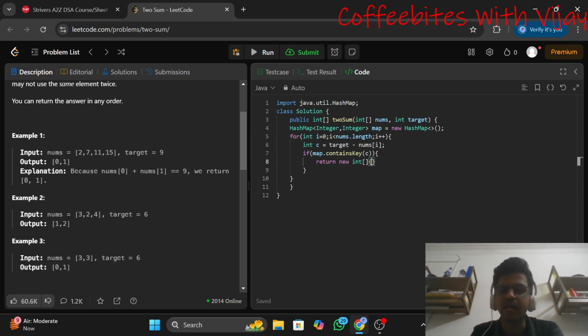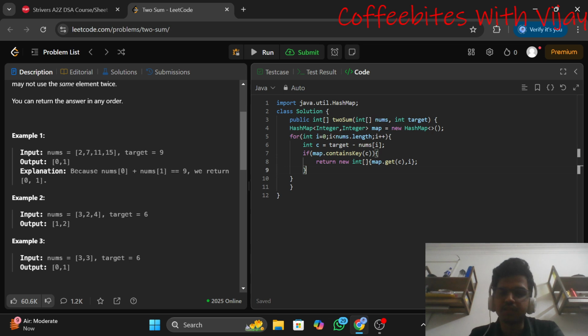In order to get the index, I can use map.get of c, that is the complement, comma i, the current index.